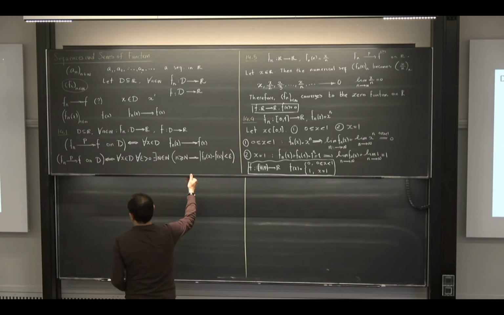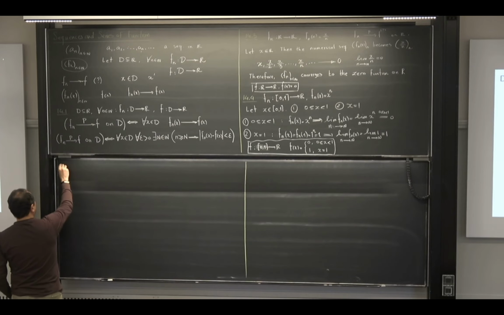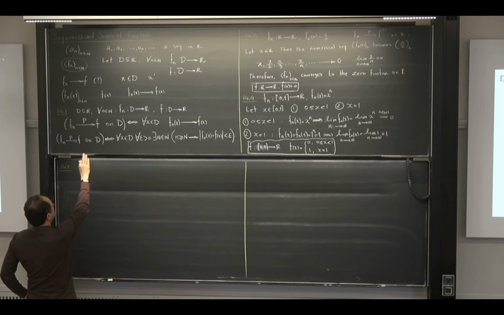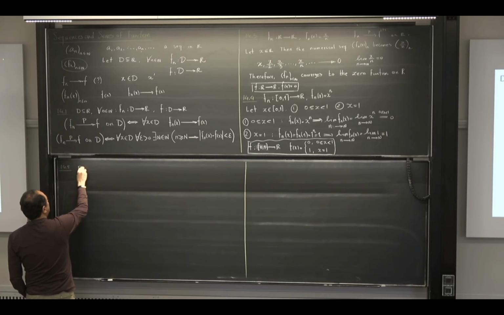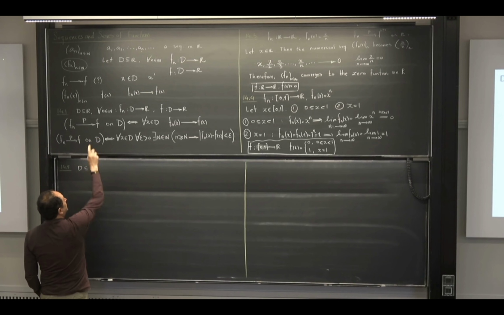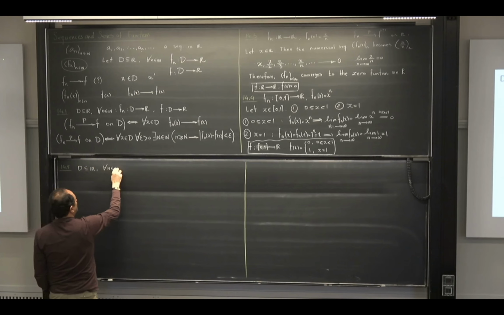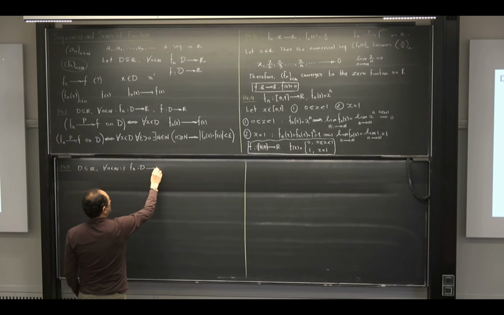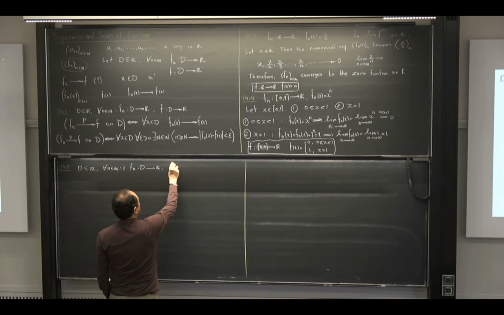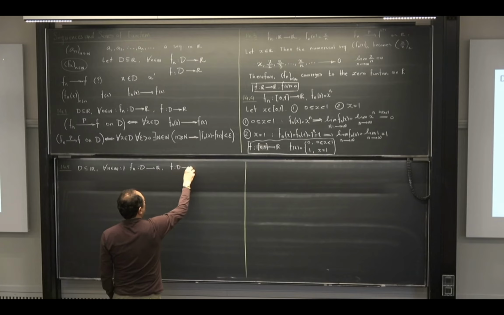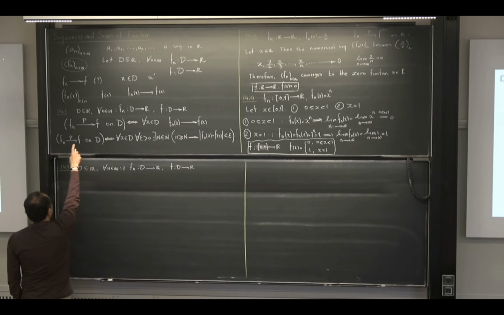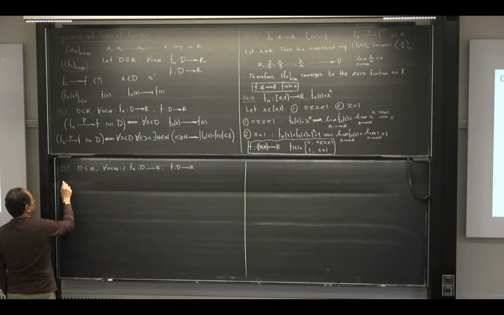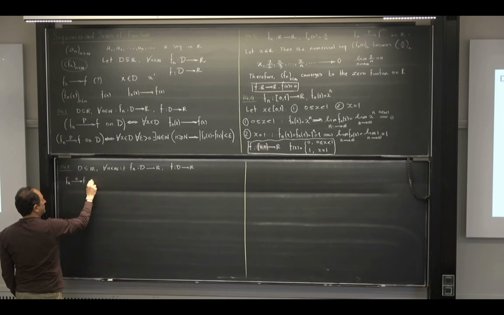So let us explain this now here. 14.5. So again, I have the same setup. So let me copy and paste. So D is a subset of R, and for every n in the natural numbers I have a function with domain D, codomain R, and I have a fixed function with domain D, codomain R. Okay, so we want to define this, but for letter U, uniform. So we say that f_n converges to f uniformly on D